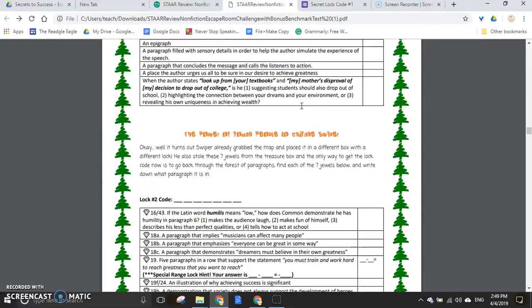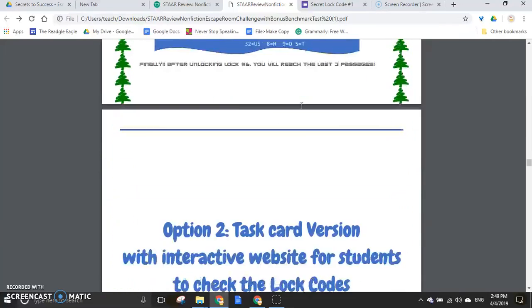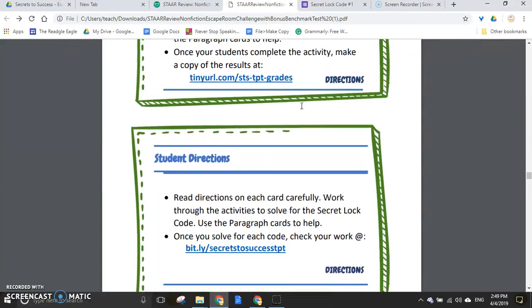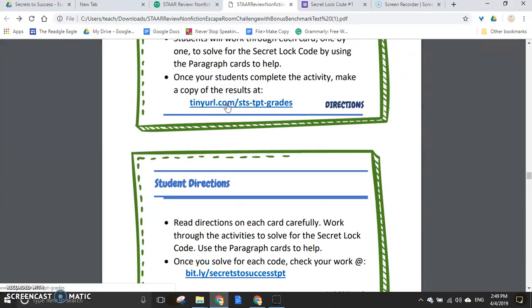So let me scroll down to the teacher website. Okay, your link is going to be tinyurl.com/sts-secrets-to-success-tpt-grades. This is going to take you to